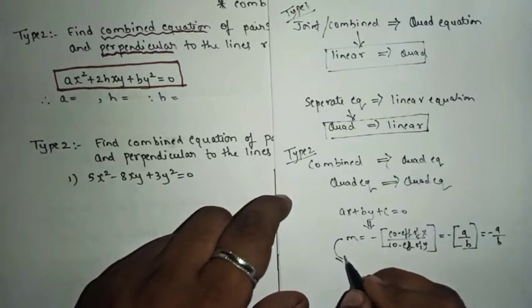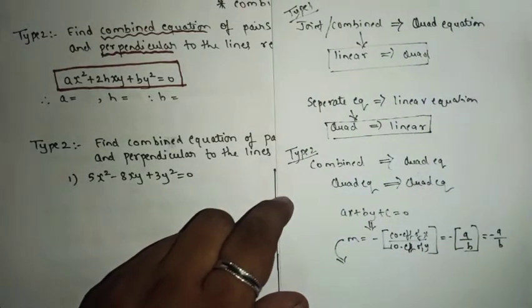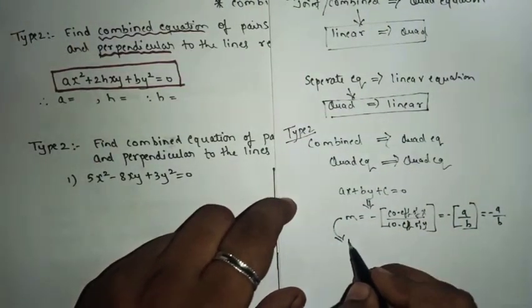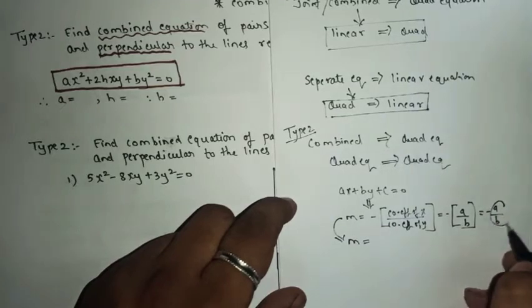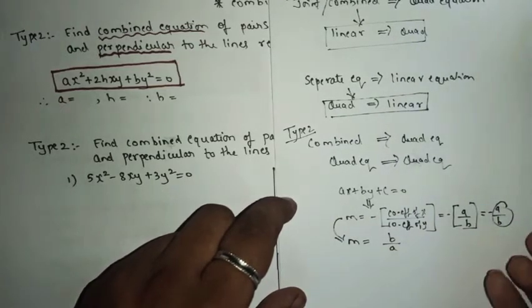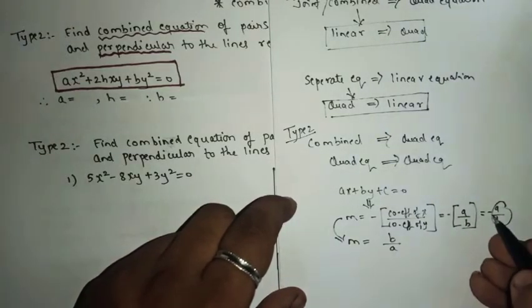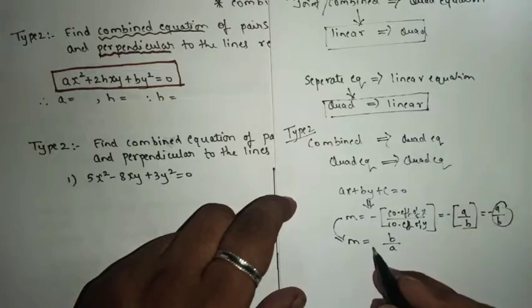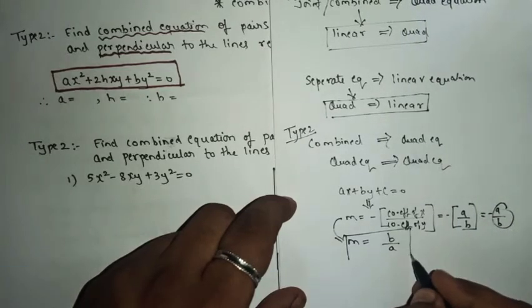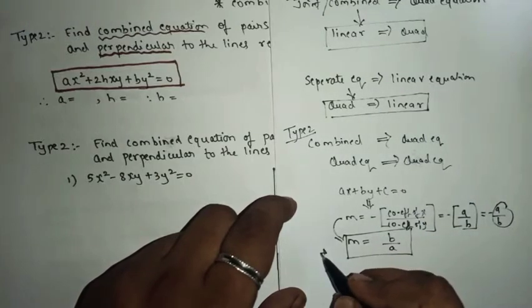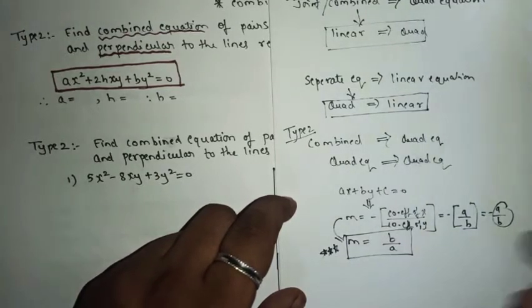Okay, so to make the slope, as the line will be perpendicular, what exactly you will do is take the reciprocal of this number with the opposite symbol. In the next step you will take the reciprocal of this value with the opposite symbol. If it is minus you will write plus, if it is plus you will write minus. So whenever the word perpendicular comes, see to it that you take the reciprocal of the value with the opposite symbol. Don't forget this step.